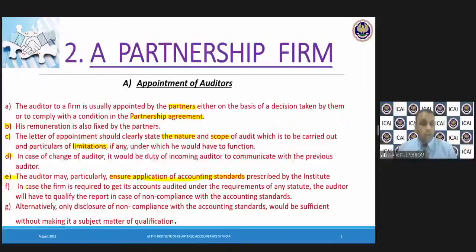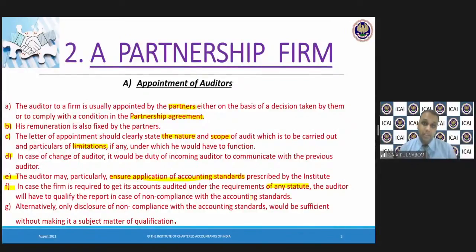So, in case the firm is required to get its accounts audited under the requirements of any institute, the auditor will have to qualify the report in case of non-compliance with the accounting standard. So there is a particular law. This law states that you have to get your financial statements audited by a chartered accountant. For example,